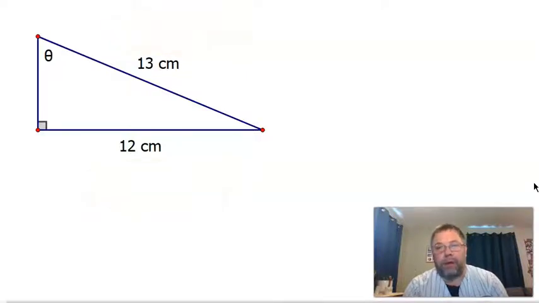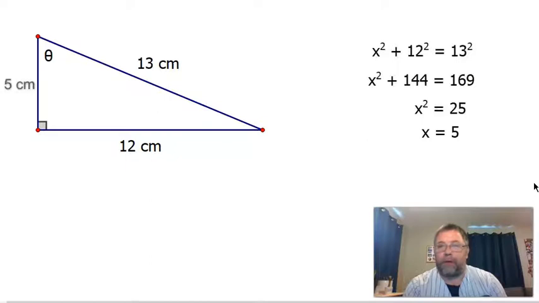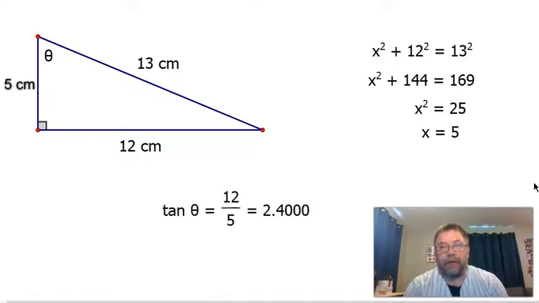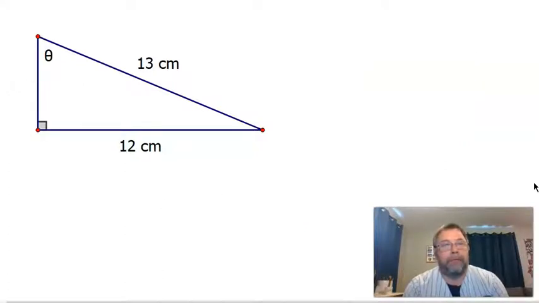If we really wanted to go the long way with this one and use tangent, we could. We'd have to first use the Pythagorean theorem to find our third missing side, and then we could use tangent to find that missing angle. But today, I'm going to teach you a couple more trig ratios that can help you when we